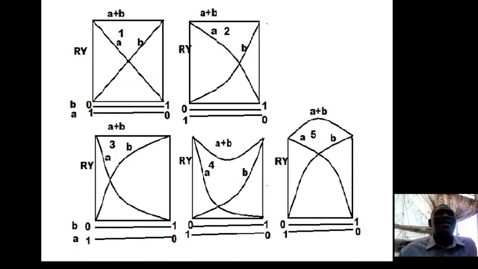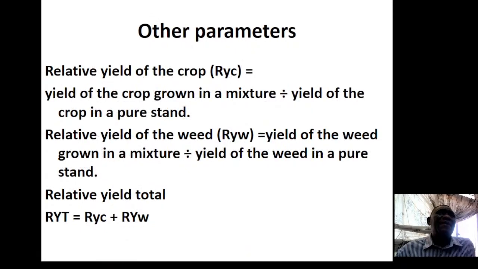So in summary, these are the sort of outcomes in terms of replacement series diagrams. There are 5 likely outcomes should you conduct this experiment. Other parameters, I've explained them. RYC,